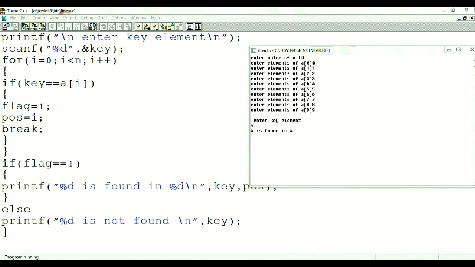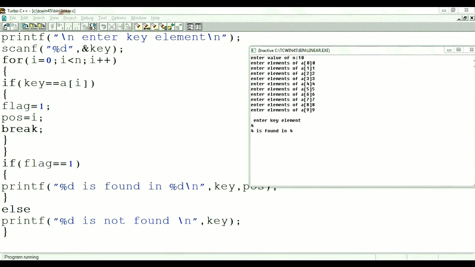Again we check for the if test condition. 4 is not equal to 1. So if block will not be executed. Control will move to for loop. So i value is iterated as 2. At i equal to 2, 4 is not equal to 2, that is A of 2 equal to 2. Hence again, if block will not be executed and control will move back to for loop iteration. Now i value equal to 3. As 4 is not equal to 3, again if block will not be executed and control will move back to the for loop. Now i value is increased to 4.